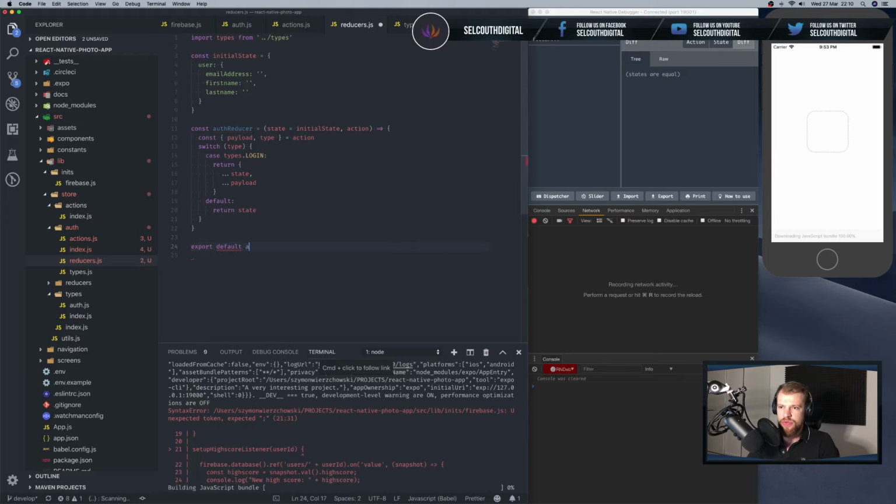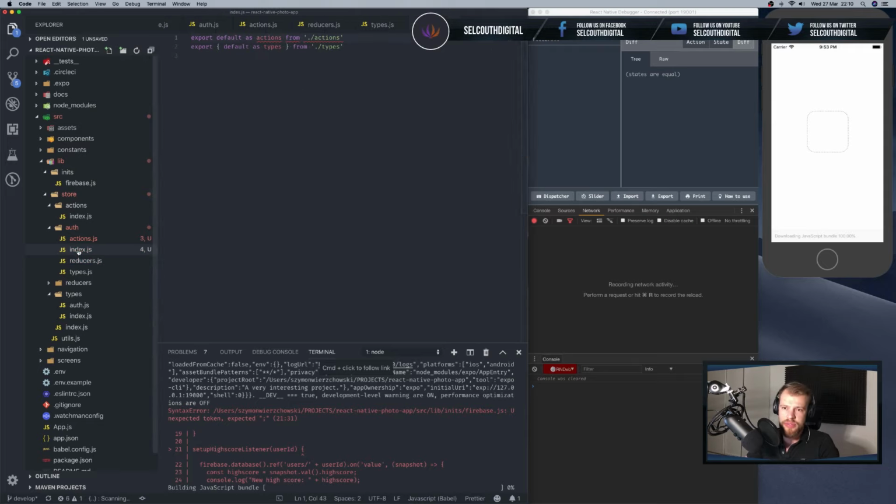Export default auth reducer. Boom. So export default as reducer from